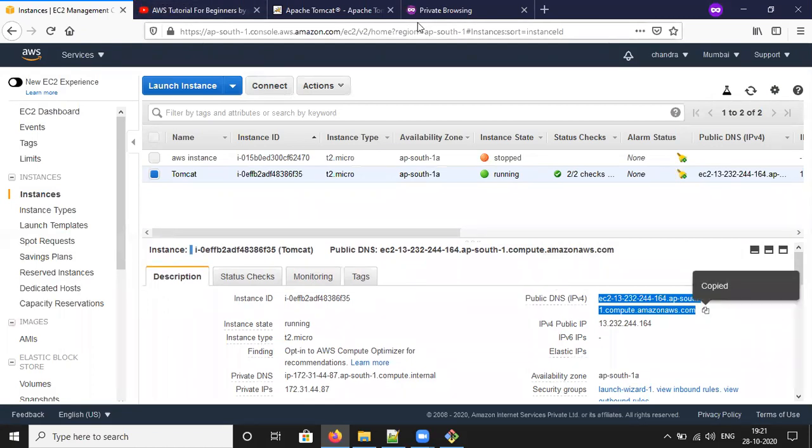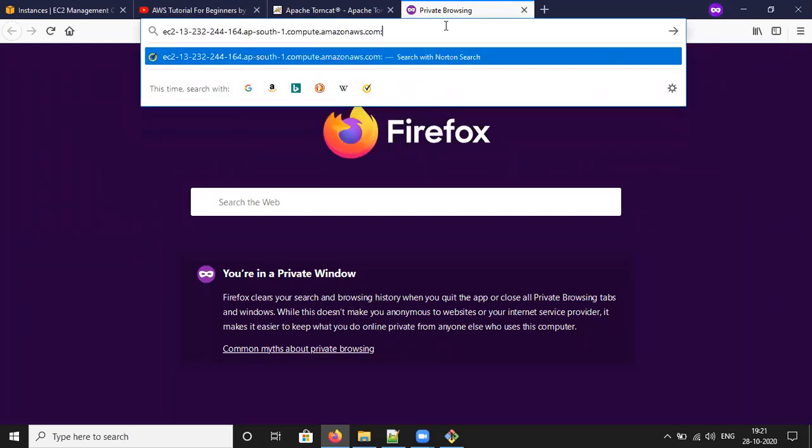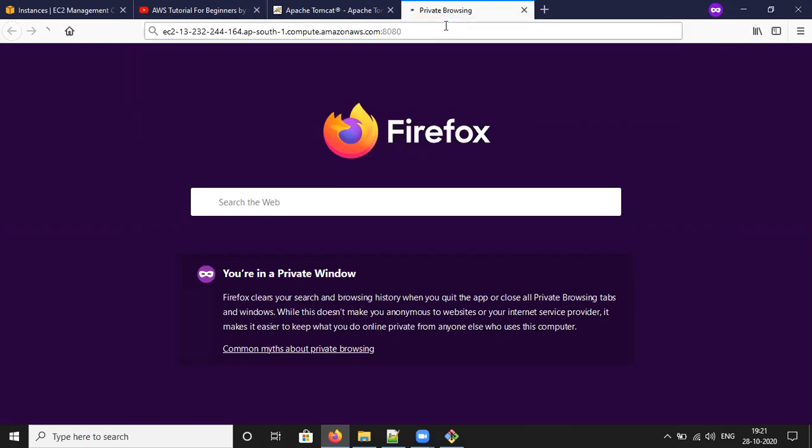Paste it, then :8080. By default, Tomcat uses port 8080. You can press enter. It will not open, because we have to modify the security group for your EC2 instance. Until then it will not open.